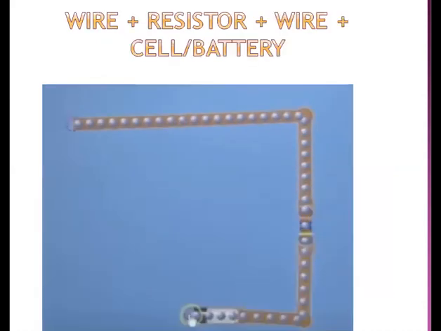Now I connect a battery or a cell to the circuit. So this is the battery or cell. Just like the water supply station in the water circuit, we have a battery in the electric circuit. So now compare the two diagrams. Just like how the water supply system works, this electric supply system is working. So the resistor is like dirt and the battery is like the water supply tank.